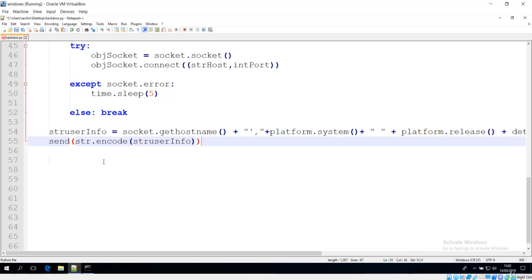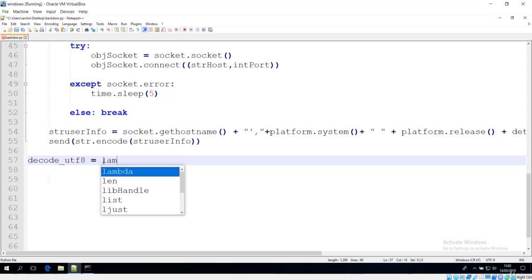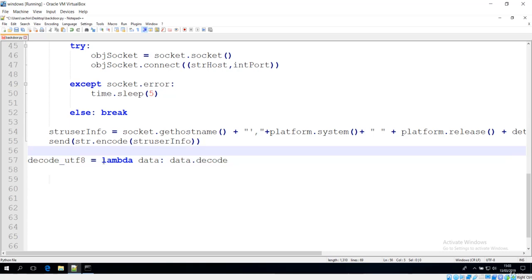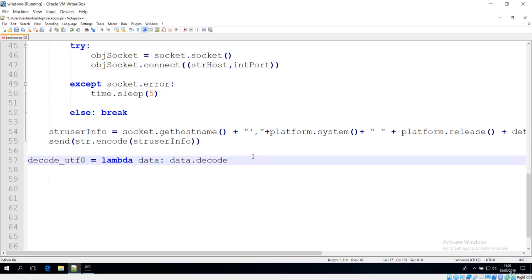So let's make some functions now in order to do these operations. The first function I'm interested in is the function that is going to return the decoded UTF-8. We have done this in the server section too, but that is not enough. We have to do it in the case of this client too. So I'll make use of this anonymous function again, and I'll say data is the argument that is passed. We want to decode that data. This is the decode method that is going to decode your data. It should be decoded with UTF-8 every time.